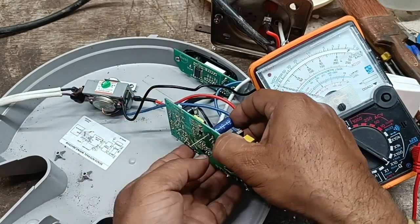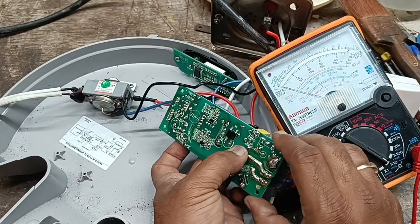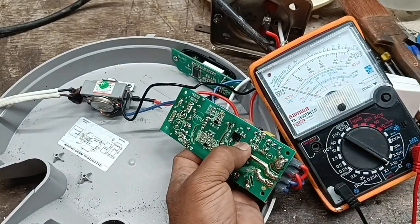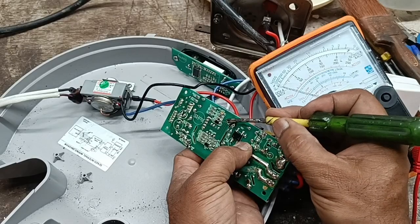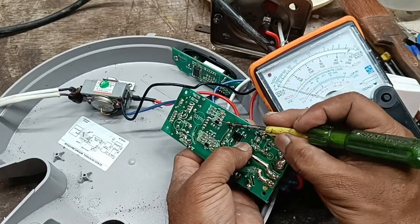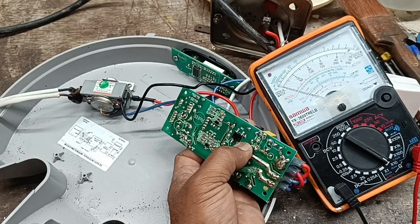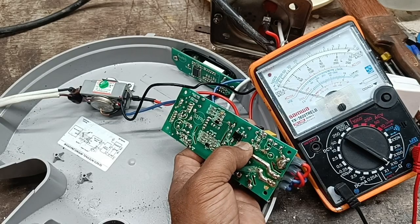The position of the capacitor and the plus and minus of the capacitor must be correctly connected. Otherwise it will blast when the power supply is given. Okay,